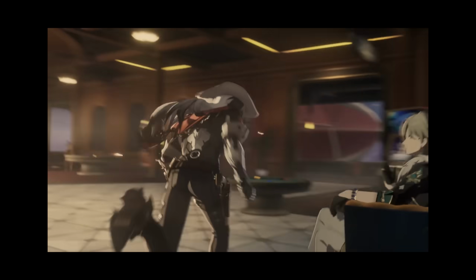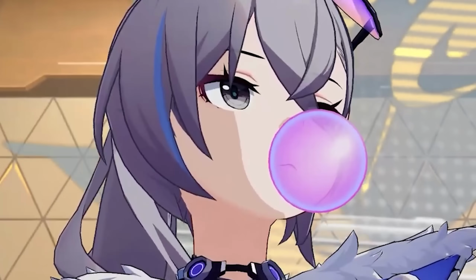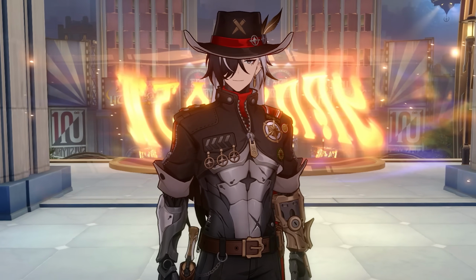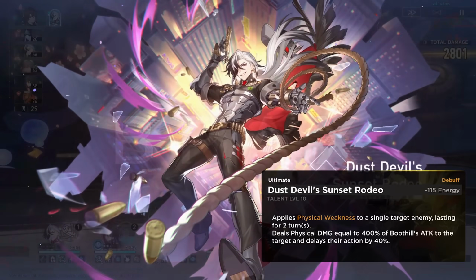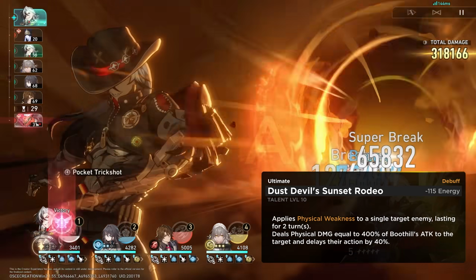So you might be thinking, wow, gee whiz, Braxophone, that all sounds great, but what if the enemy isn't weak to physical damage? Not you. Luckily for Boothill, the devs wanted him to actually be useful. Boothill's ultimate deals physical damage to an enemy, breaks a ton, but most importantly, applies a physical weakness to them